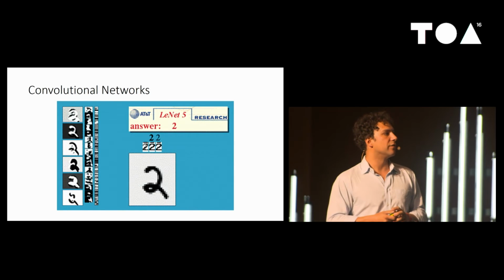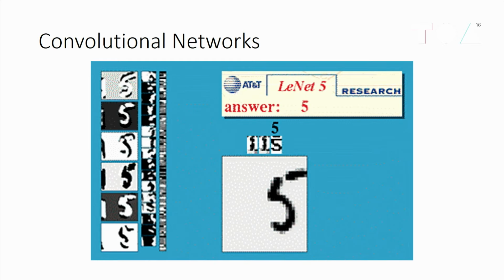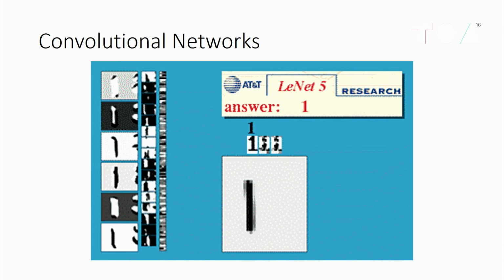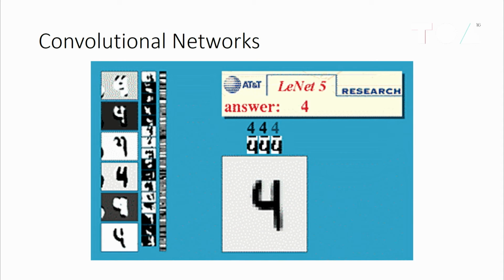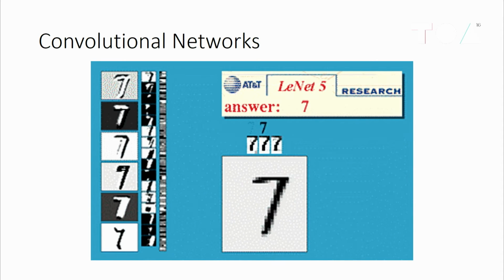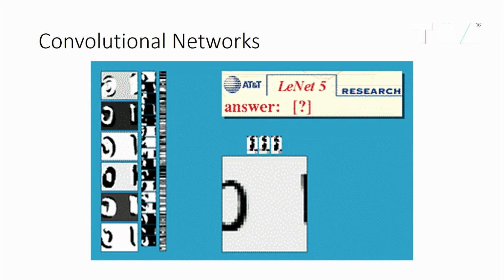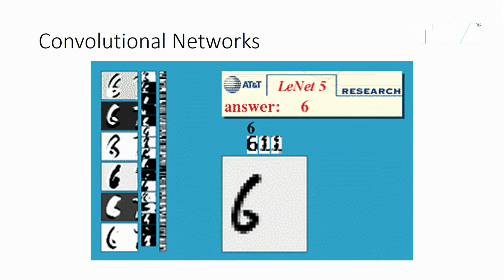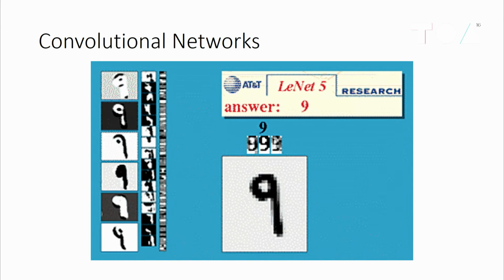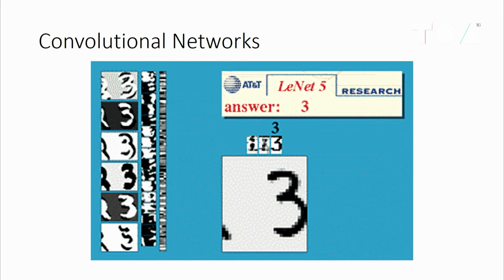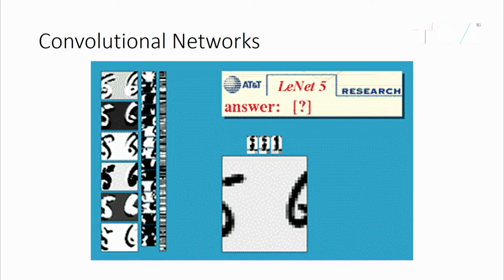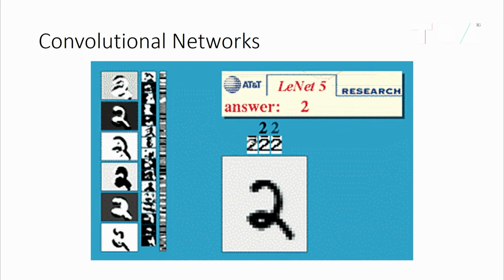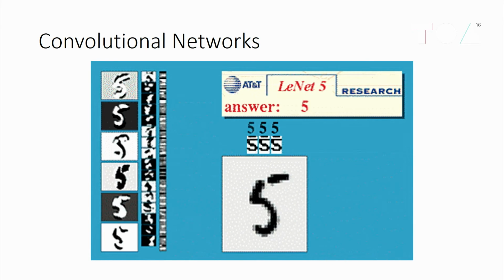Here's a visualization of how it works. So in the middle, you have the input image. On the left column, you see the output of the first set of filters, and you can see they're doing relatively basic things. They're sort of looking at edges and contrast. You can see the output in the second column of the second set of images. You can see things are getting a bit more abstract. The network is sort of processing its input a little bit more. In the third set of images, you have the outputs of the final layer, and those are pretty indecipherable. You can't really tell what the network is learning there. And then finally, you have the prediction.